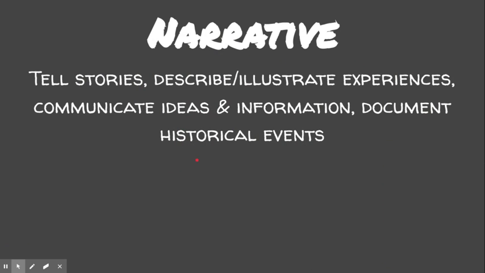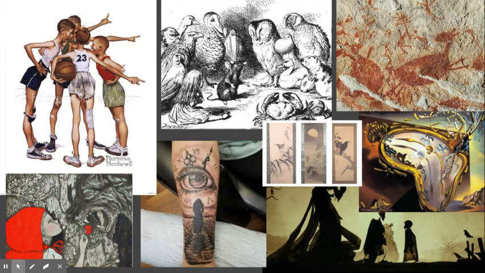Next, we have narrative. Narrative art is when you are telling stories, you're describing and illustrating experiences, you're communicating ideas and information, you're documenting historical events. It really is just a visual way to tell a story. That's all it is, guys. So some artists that are important to look at, and even some art history, is Norman Rockwell. He is a pretty famous illustrator, and you'll see his artwork all over, showing pretty much pictures of